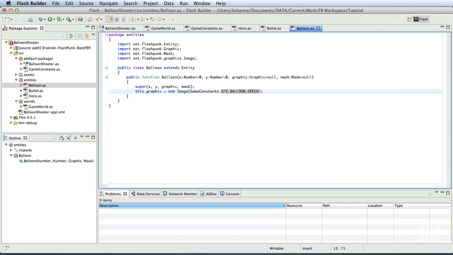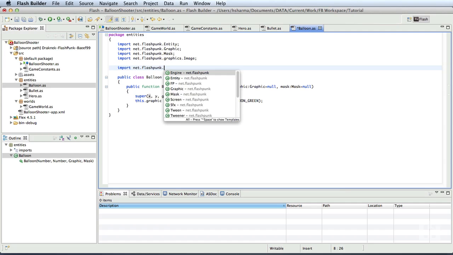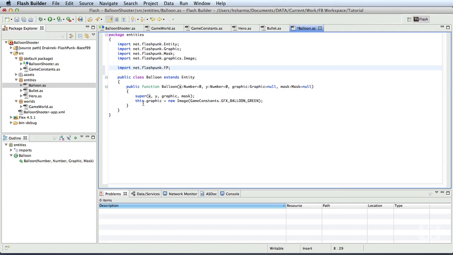Since we don't need to pass the balloon's initial x and y position from outside this class, we can pass it to the super call right here. But before we do that, let us import the FP class, net.flashpunk.FP, and for the x position, let us specify FP.screen.width / 2, which is half of the screen width, and add an additional random number, FP.rand, which generates a value from 0 to